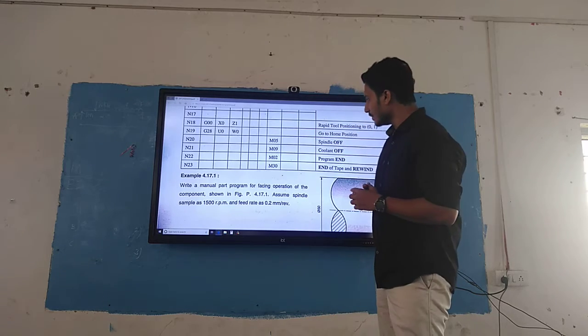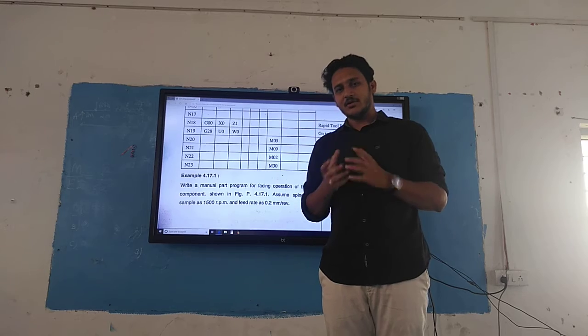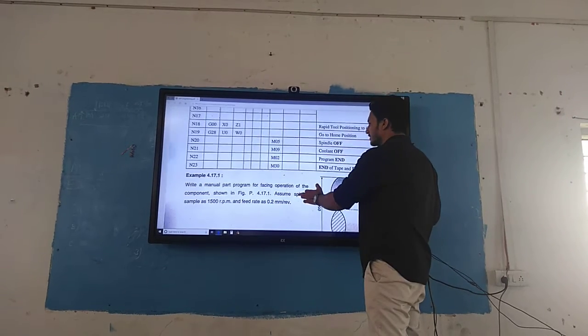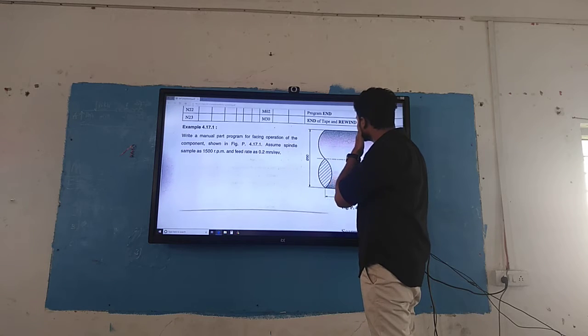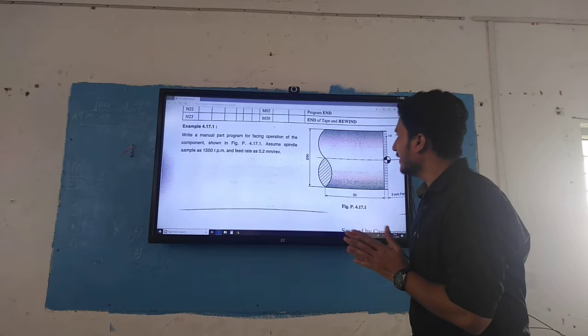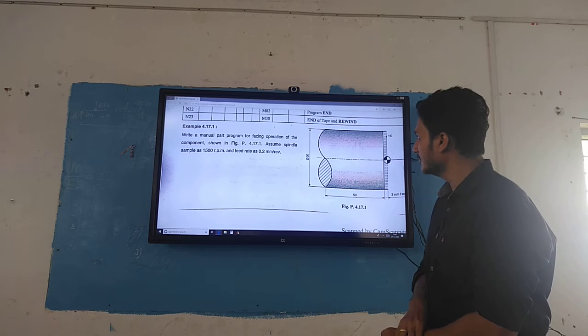Okay. So can we go for writing the part program for different operations? The first problem says: write a manual part program for the facing operation of the component shown here.